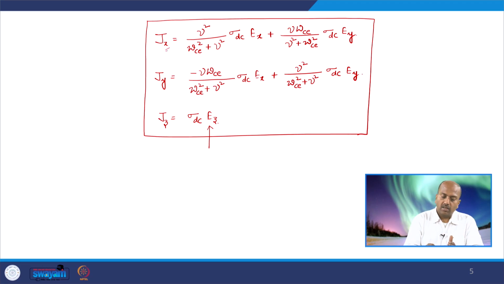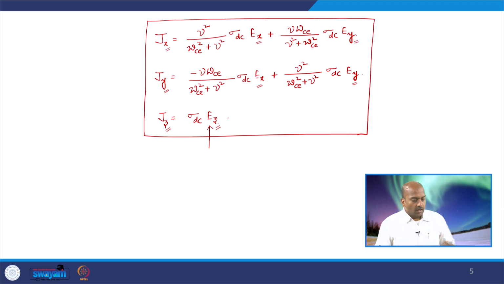Jx has Ex, Ey, Jy also has Ex and Ey. Similarly, Jz has Ez, right. Now, from this equation, we can write this in a matrix form and see the tensor nature of the electric